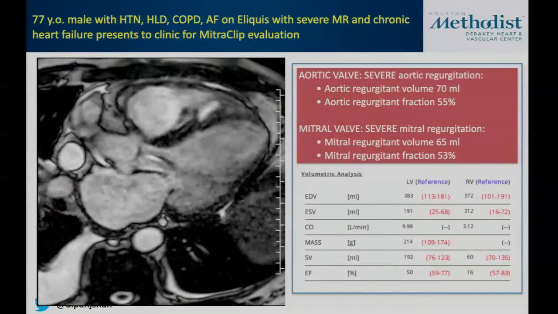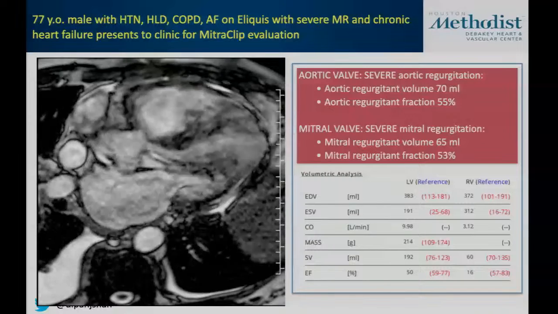Here's what our final reports said. Here's severe AR, the AR volume, the AR fraction, the mitral regurg was,